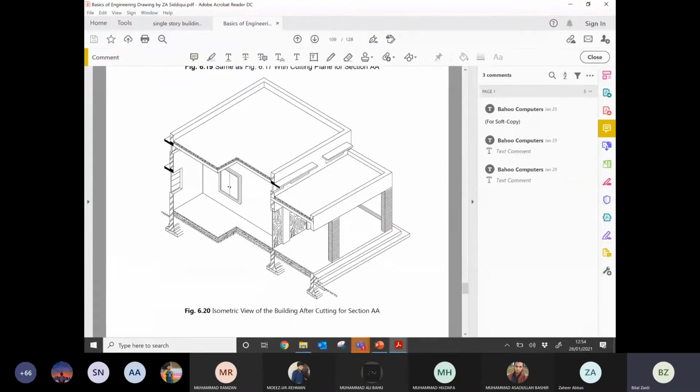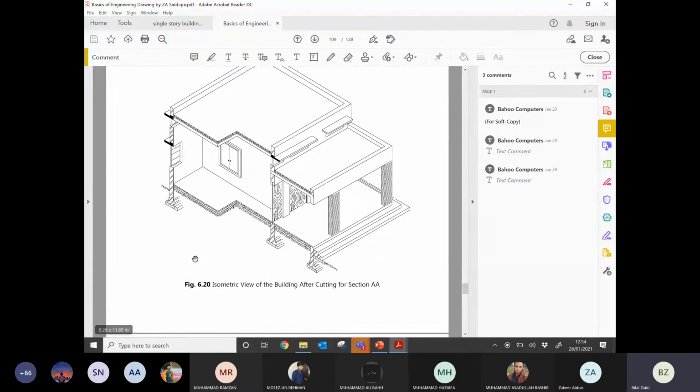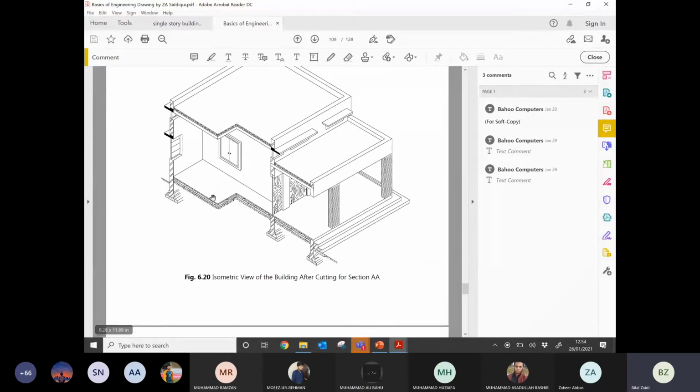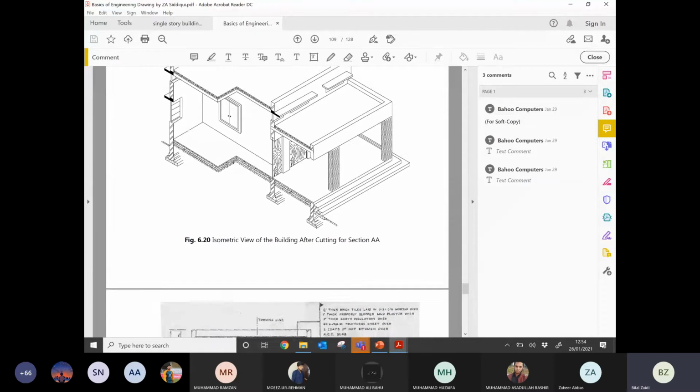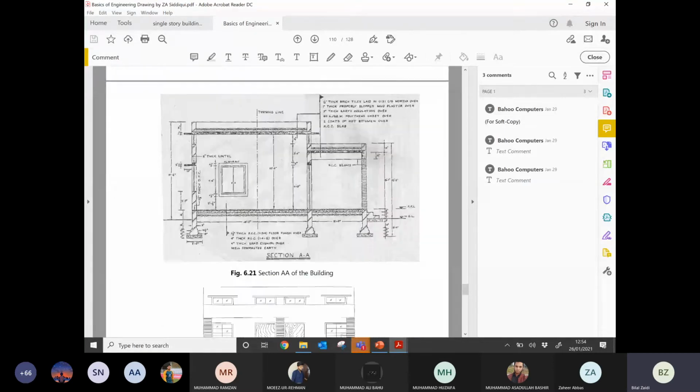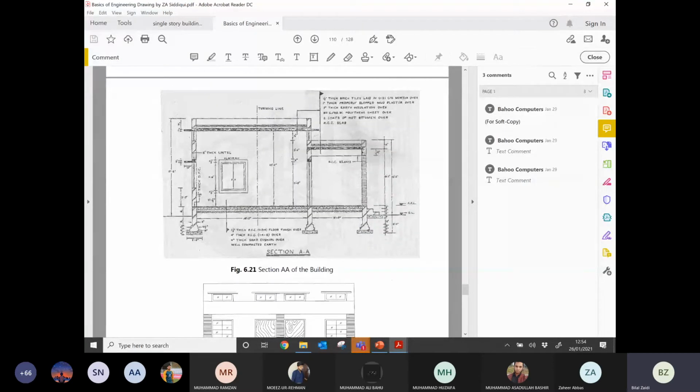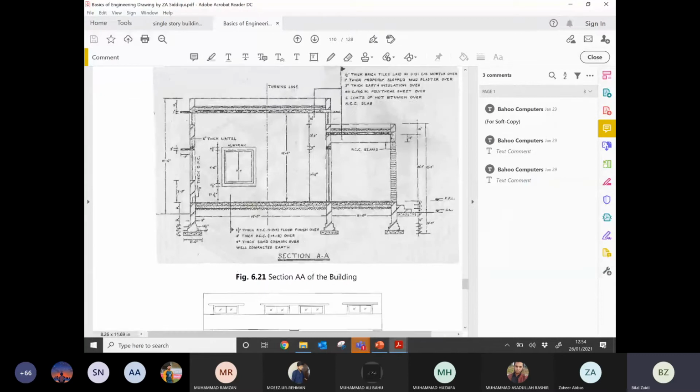And if you make a view from this side, if you make a side view, this will be called a section, right? So from this, you are getting a view shown in figure 6.21.